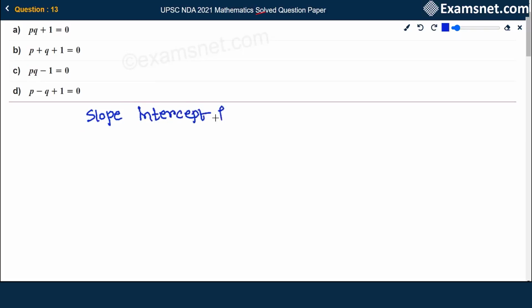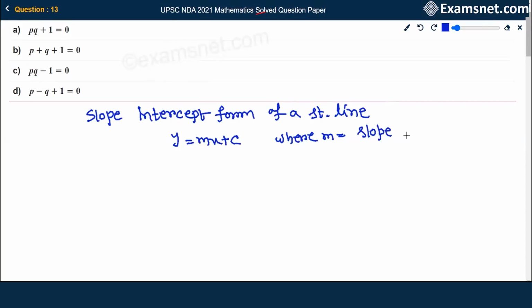Slope intercept form of a straight line. In this form, we can represent the equation of a straight line like y equals to mx plus c, where m is the slope of the line, and c is the y-intercept. Okay, y-intercept. Now, when two lines are perpendicular,